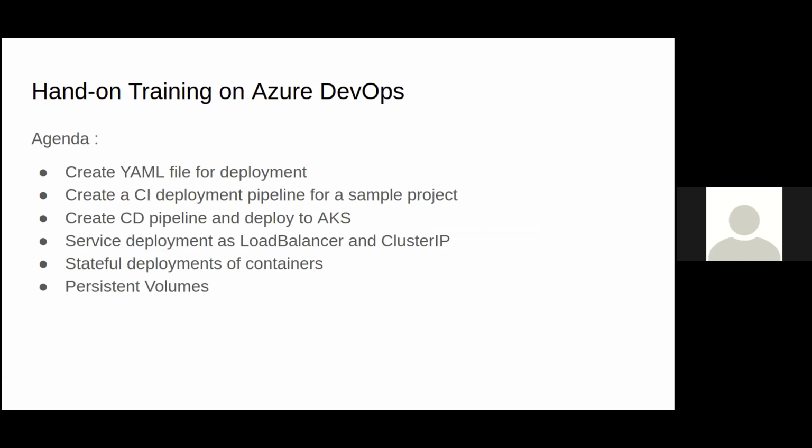First, we'll create a deployment descriptor YAML file. Then we'll start this application with this deployment descriptor with kubectl commands that will directly go to the server, and we'll start it over there, and we'll see this thing is really working. After that, we'll come back to our Azure DevOps portal. There we will create a CI/CD pipeline, and with the help of the CI/CD pipeline, we will deploy the same application. So we can experience both the command line tools and the pipeline tools.